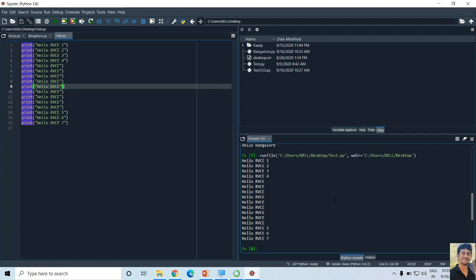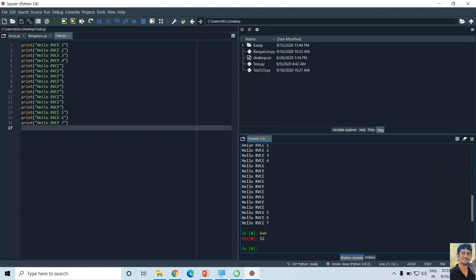In the IPython console, whatever programs you write either in the text editor or in the IPython console, the output will appear in the IPython console itself. So this IPython console is a single line statement, like the Python shell window ideally. Okay. So this is about the Spyder IDE.